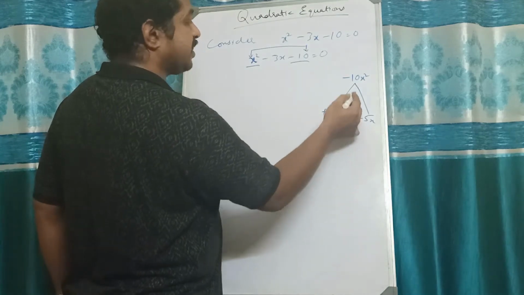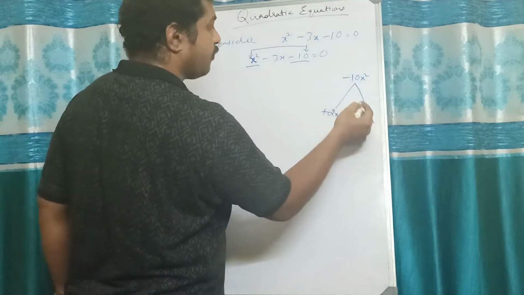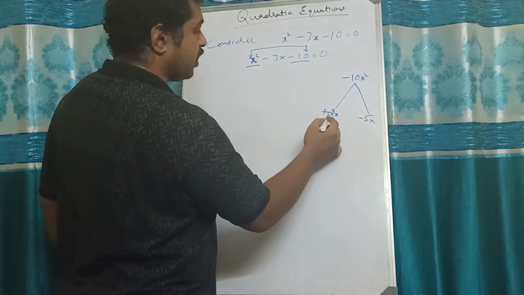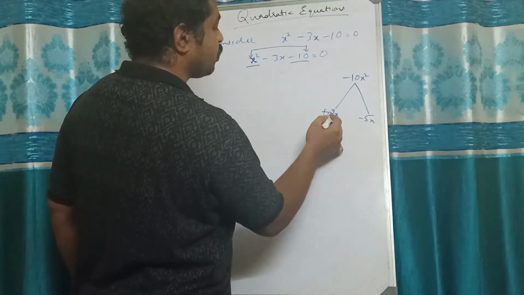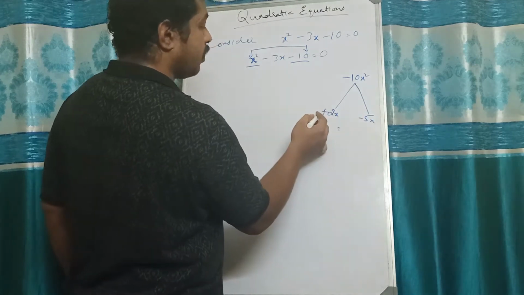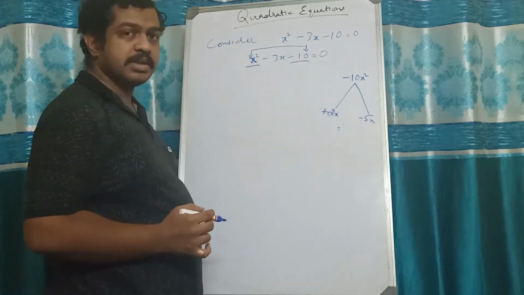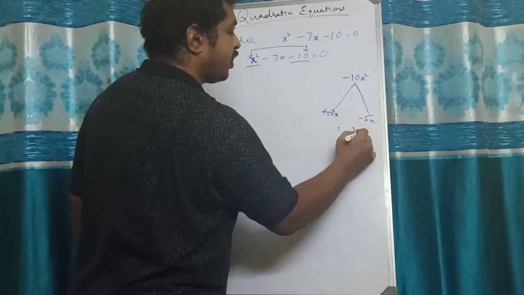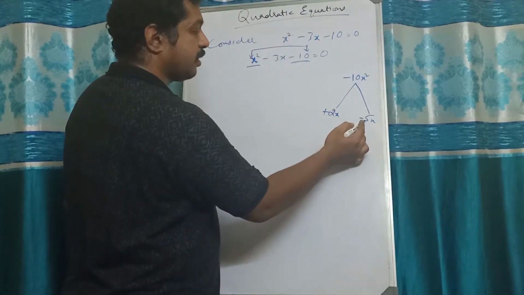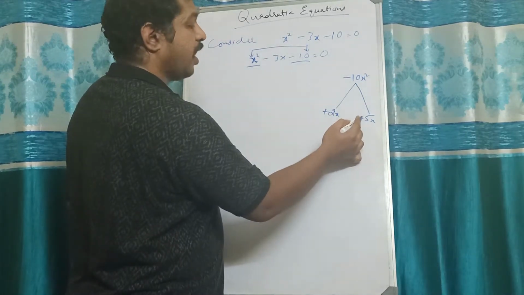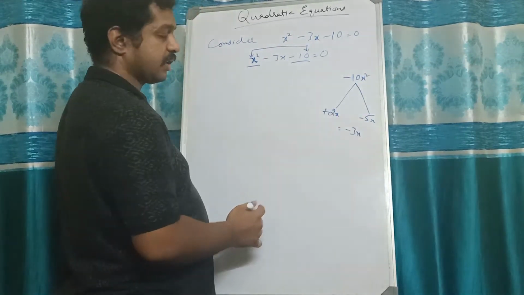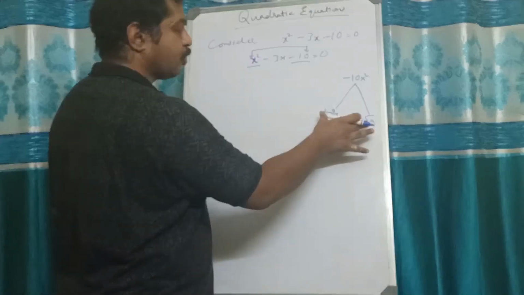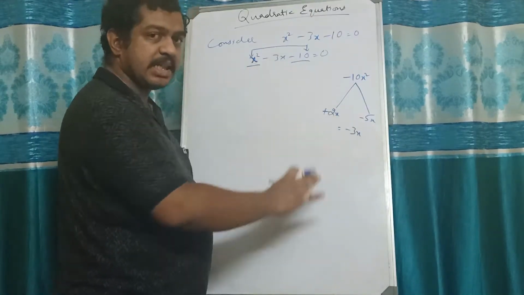See, minus into plus, minus 2 times 2 into 5 is 10, x into x is x square, and this is satisfied. And if you add these two numbers, plus 2x and minus 5x, one of the numbers is negative and the other is positive, so we need to subtract the numbers. 5 minus 2 is 3x, and the sign of the highest number should be taken. So we have a negative sign here, so take minus 3x. And this minus 3x is there in the middle term. So the two numbers we have written here are satisfied, okay?